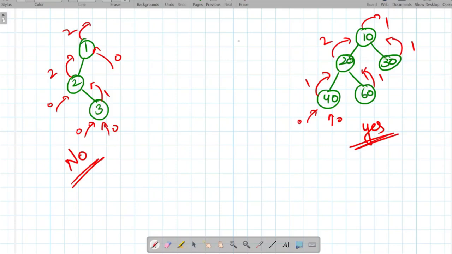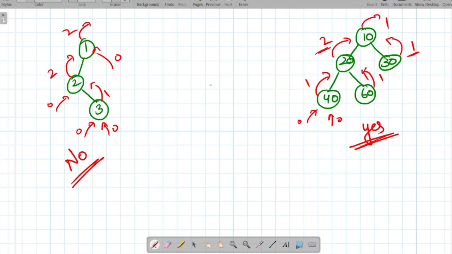So this is very similar to the code. The code for this will be very similar to the code which we have written for finding the height of a tree, because here also we are finding height at every node. You can see that for 40 we have calculated the height, for 60 we have calculated the height, for 20 we have calculated the height as 2, for 30 we have calculated that 1. So what we will do is we will simply write the program for calculating the height.